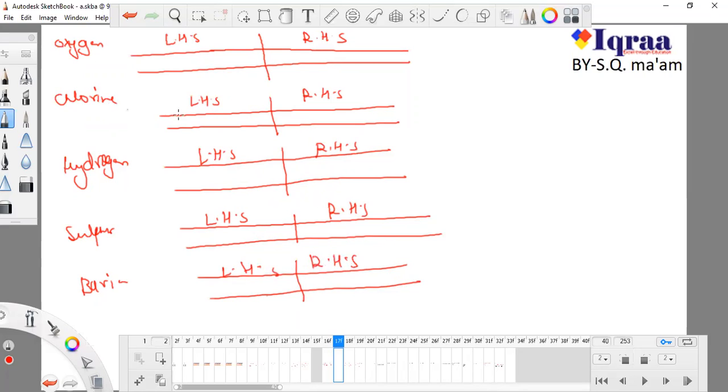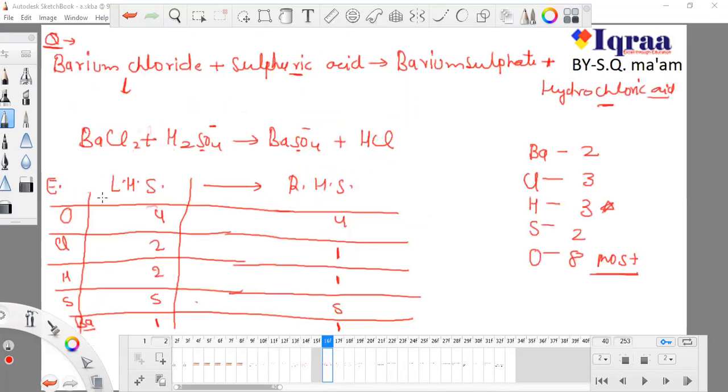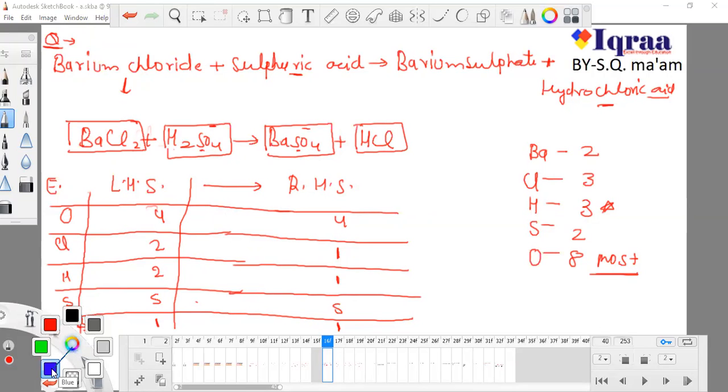Okay, now for oxygen. It is having 4 at this side and 4 at this side. So first of all, 4 and 4. Now what should I do? First of all, I know that I need to draw brackets because I can make mistakes. I am a human and mistake is my hobby. Okay, now we will not touch anything other than oxygen. First of all, we are picking oxygen. I'm taking another color to make you understand that I'm changing something.